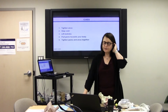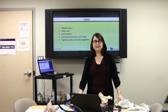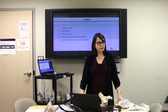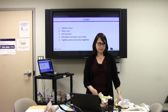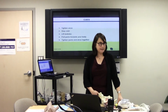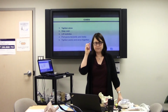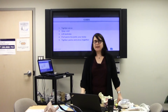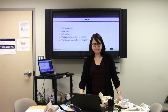So there are different cues, and there's been some research recently about the correct cue to teach men when they're trying to do a pelvic floor contraction. They're finding in the research, in a study using ultrasound, that stopping pee or pulling the penis in is the best cue. And sometimes that works in the clinic, but sometimes we use cues that don't really make sense, but it works